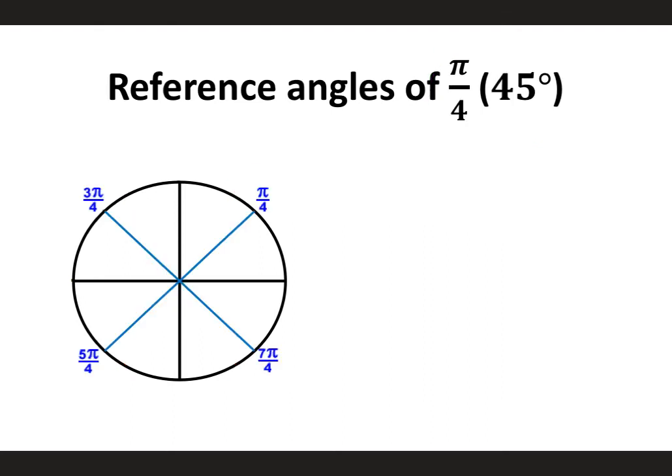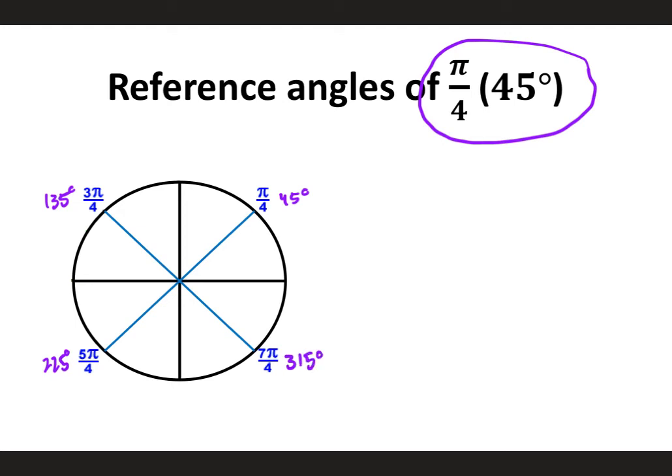All right, and our last one is any 45-degree reference angle is going to be pi over 4. So pi over 4 is 45 degrees. 3 pi over 4 is 135 degrees. 5 pi over 4 is 225 degrees. And 7 pi over 4 is